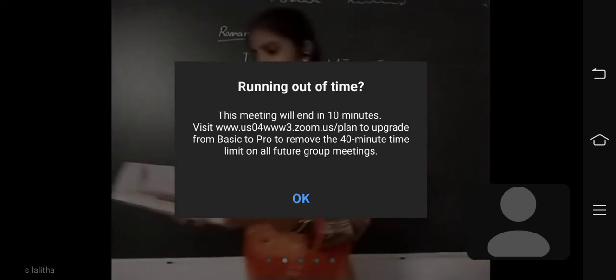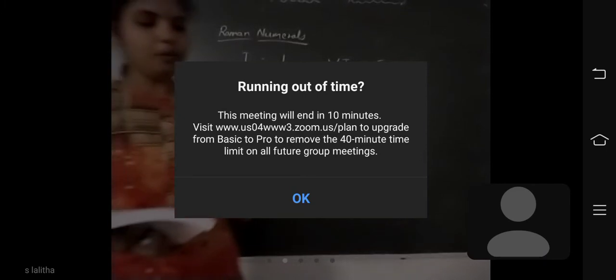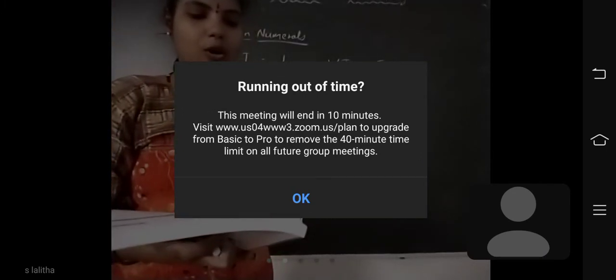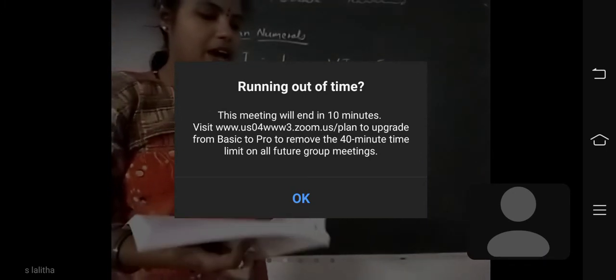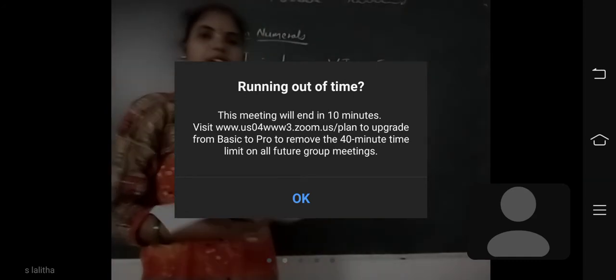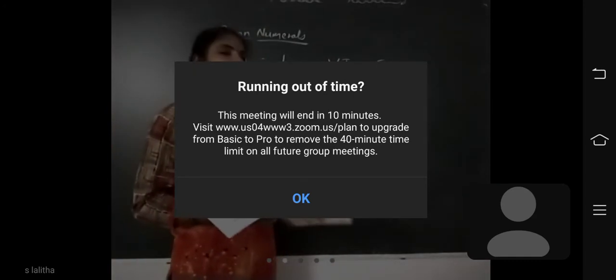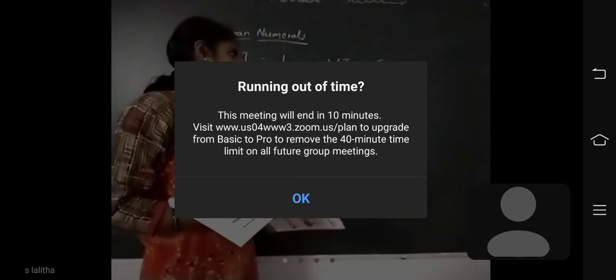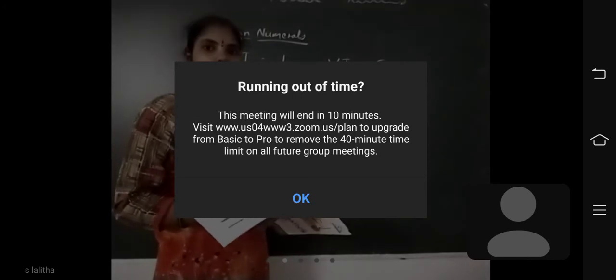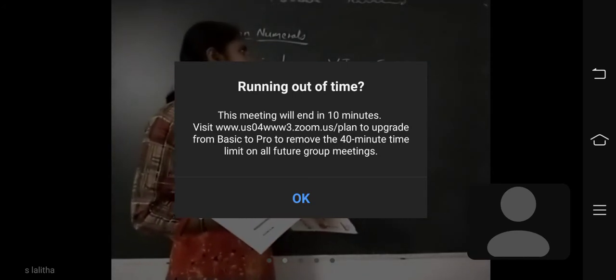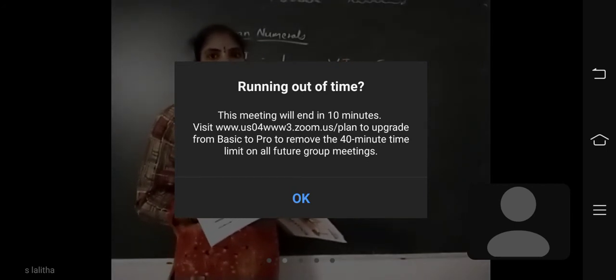What is the difference? When a Roman numeral is placed before another Roman numeral of greater value, the value of the resulting number is equal to the difference of the numerals. Okay? If the number is written on the left side of the greater value, you should subtract. If the number is written on the right side of the greater value, you should add.